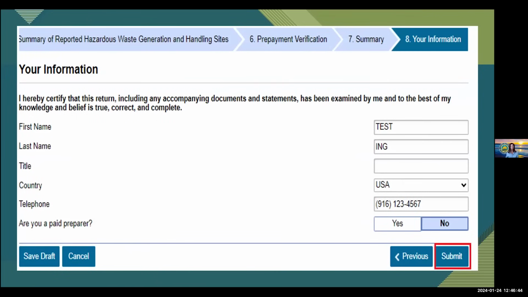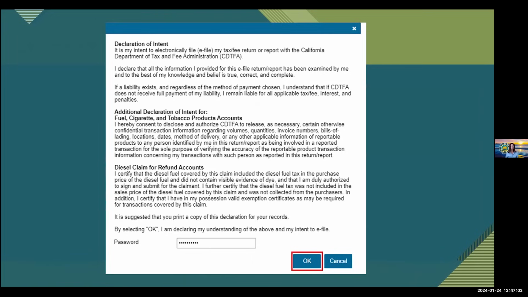Takes us to your information, which will pre-populate with your name. And the only question we need to answer on this page is, are you a paid preparer? For our example, we are not a paid preparer. So once complete, we get to submit. So now you've filed your generation and handling fee